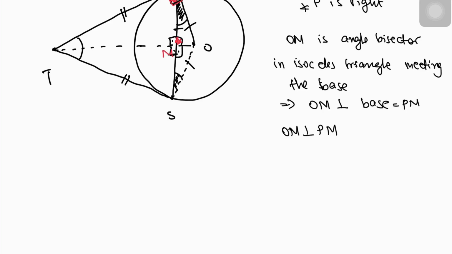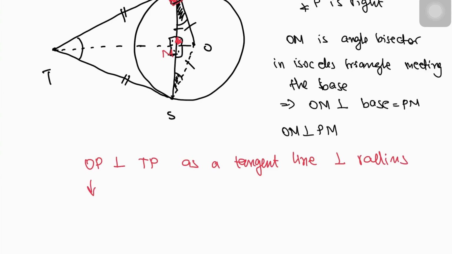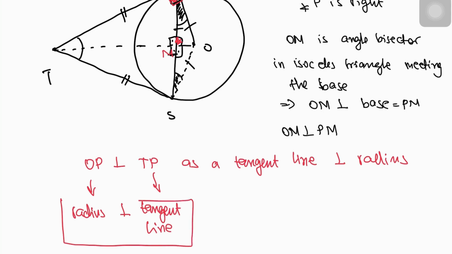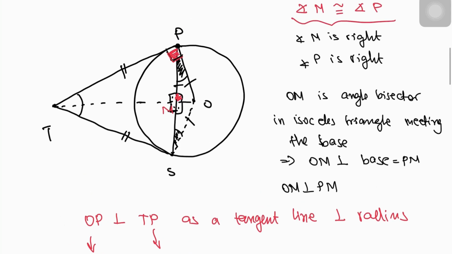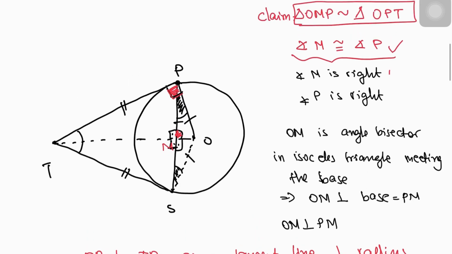And OP is perpendicular to TP as a tangent line. The radius is perpendicular to the tangent line. This is a theorem. So indeed these two are correct. They are congruent as two right